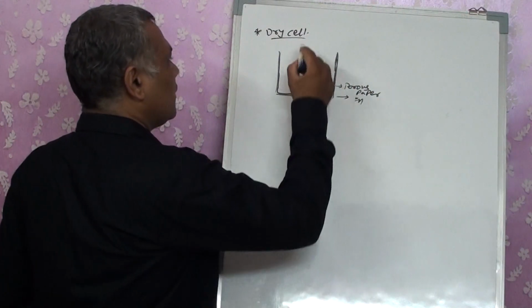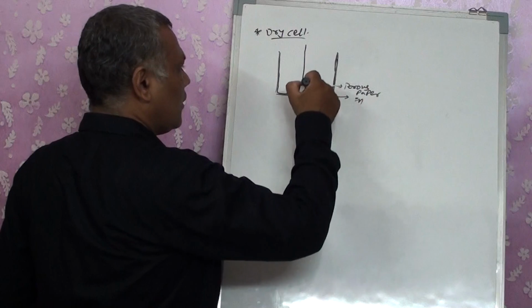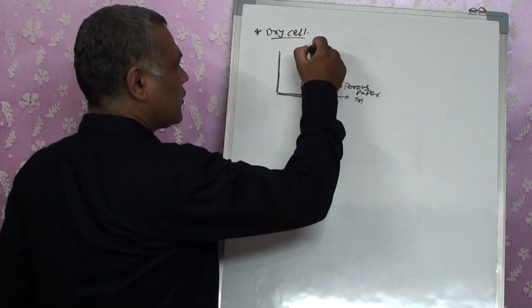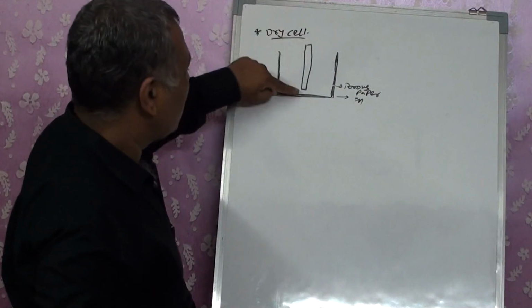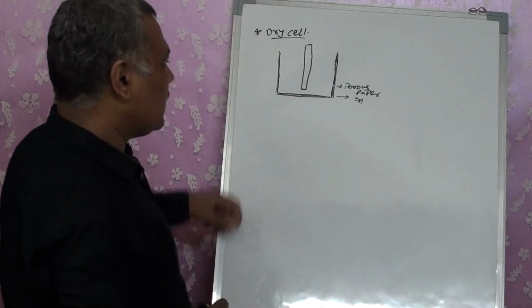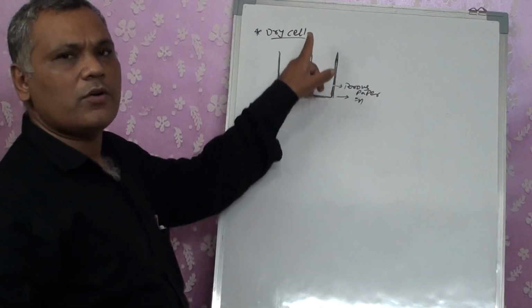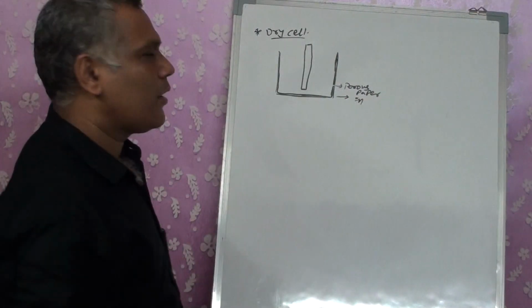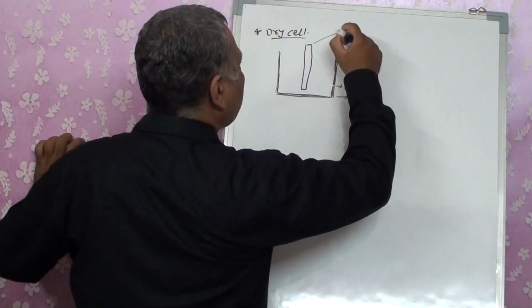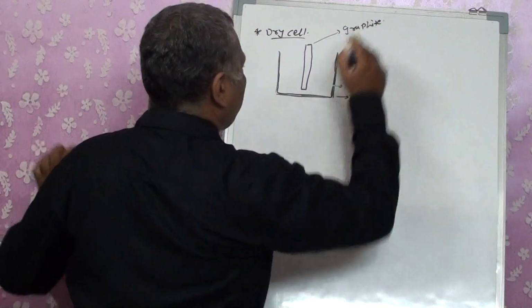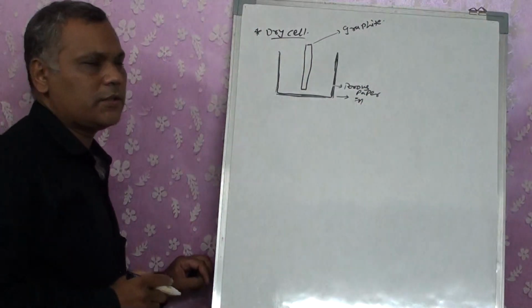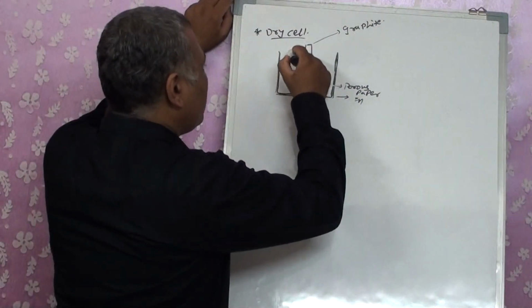That is placed. Now, in it, a graphite rod is placed. You can see that the rod is slightly above this, but does not touch it. The reason is, one is going to act as an anode, the other one is going to act as a cathode. So this is going to act as a cathode. It's a graphite rod placed in it.